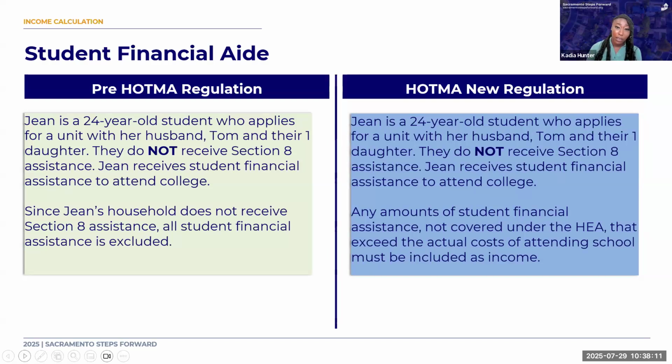Now, under HOTMA, for non-Section 8 households like Jean's, the core exclusion remains, but there's a twist. Any part of the aid not covered by the Higher Education Act, HEA, which handles federal student aid, that goes beyond actual school costs like tuition, books, or fees, must now be counted as income. This tightens things to ensure only true educational support is excluded. For Jean, if her grant pays for extra non-school expenses, that surplus counts, possibly increasing her family's total income and